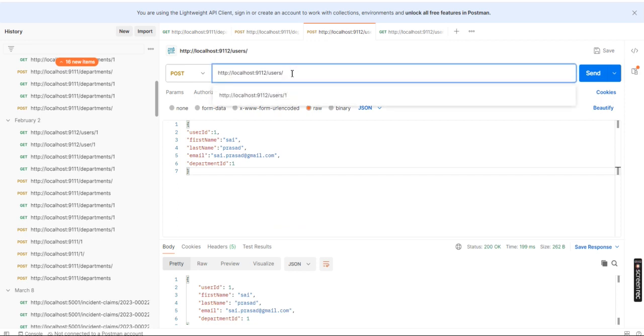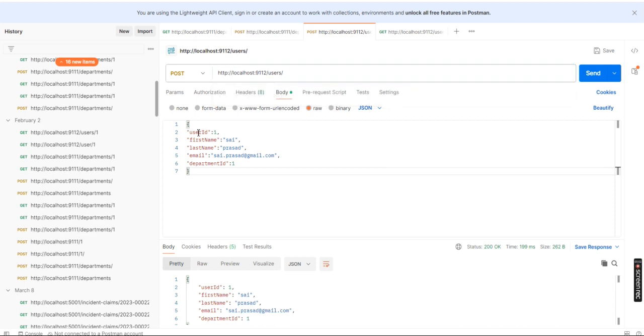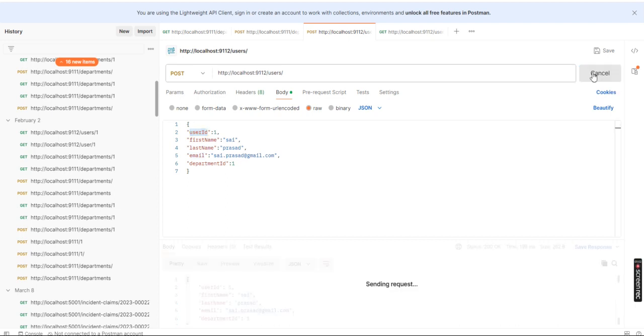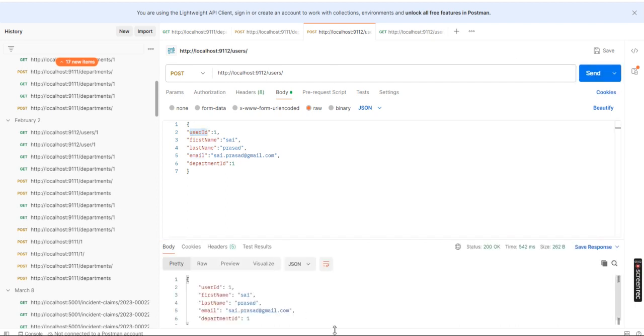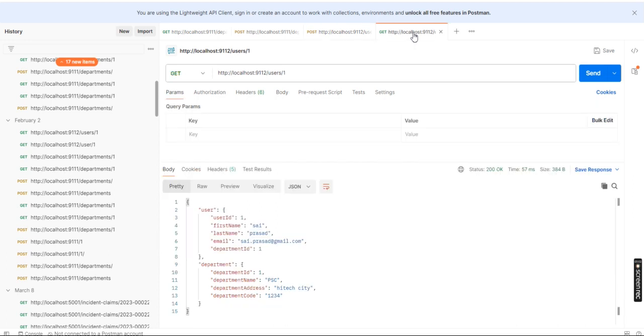First I will create a user. For that the JSON data I have given is user ID, first name, last name, email and department. Let's click on send. If you see, it is created, 200 OK, we got the success status and it got created. Now I want to see the data. Based on the user, I want to get the department data as well. How do I get the department